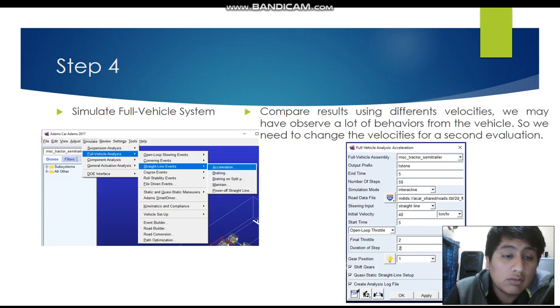In this case, we need to start with a simulation with acceleration. Compare results using different velocities. We may have observed a lot of behaviors from the vehicle, so we need to change the velocities for a second evaluation. In this case, the first, the second, and the third simulations work with 40 km/h, but we need